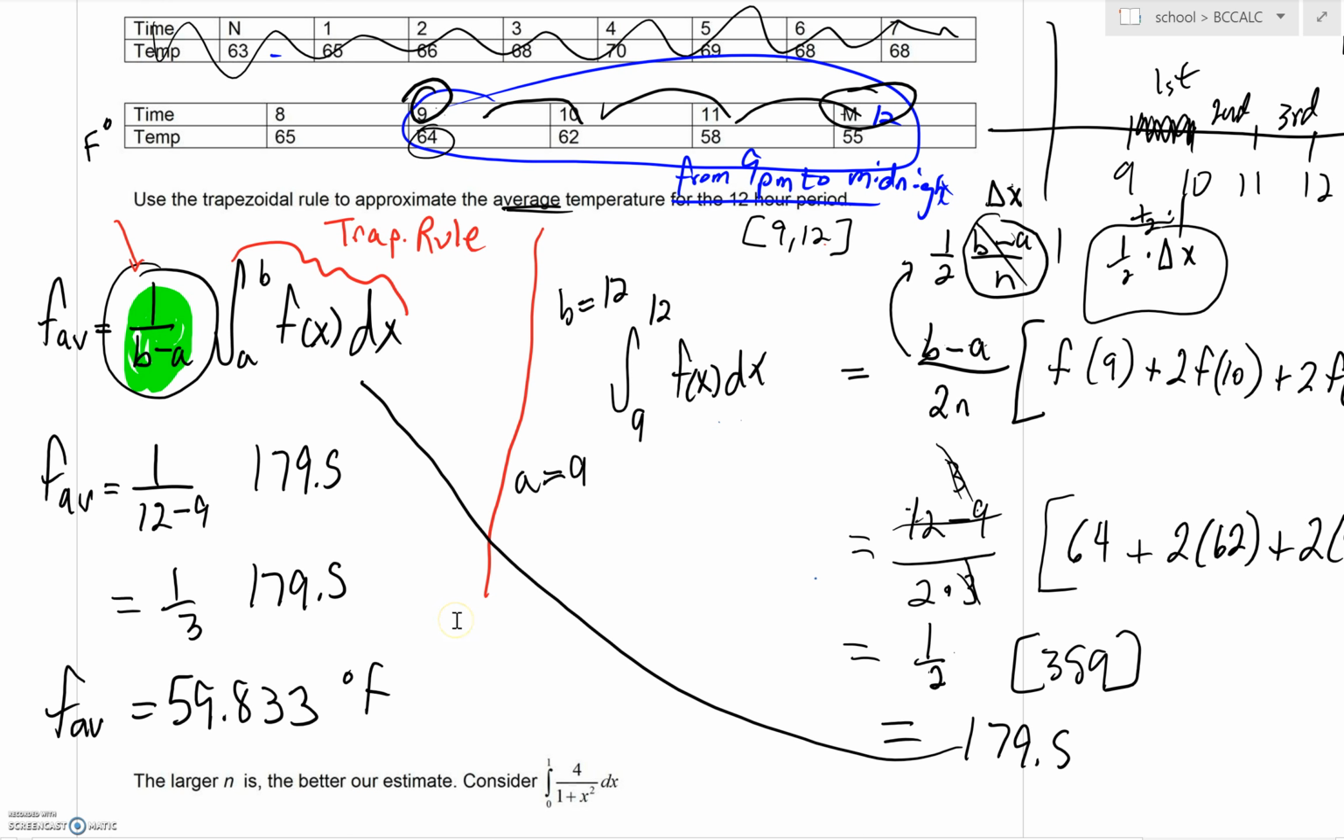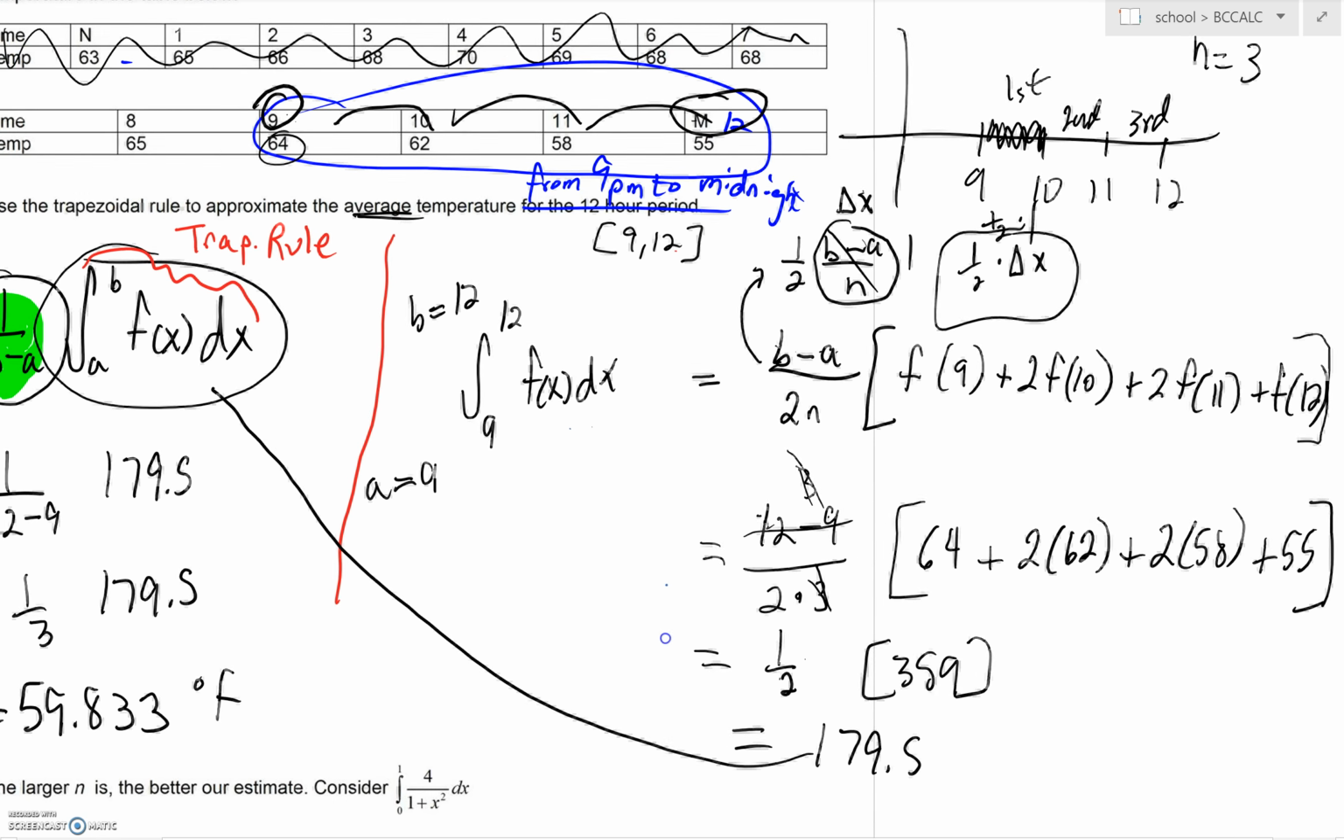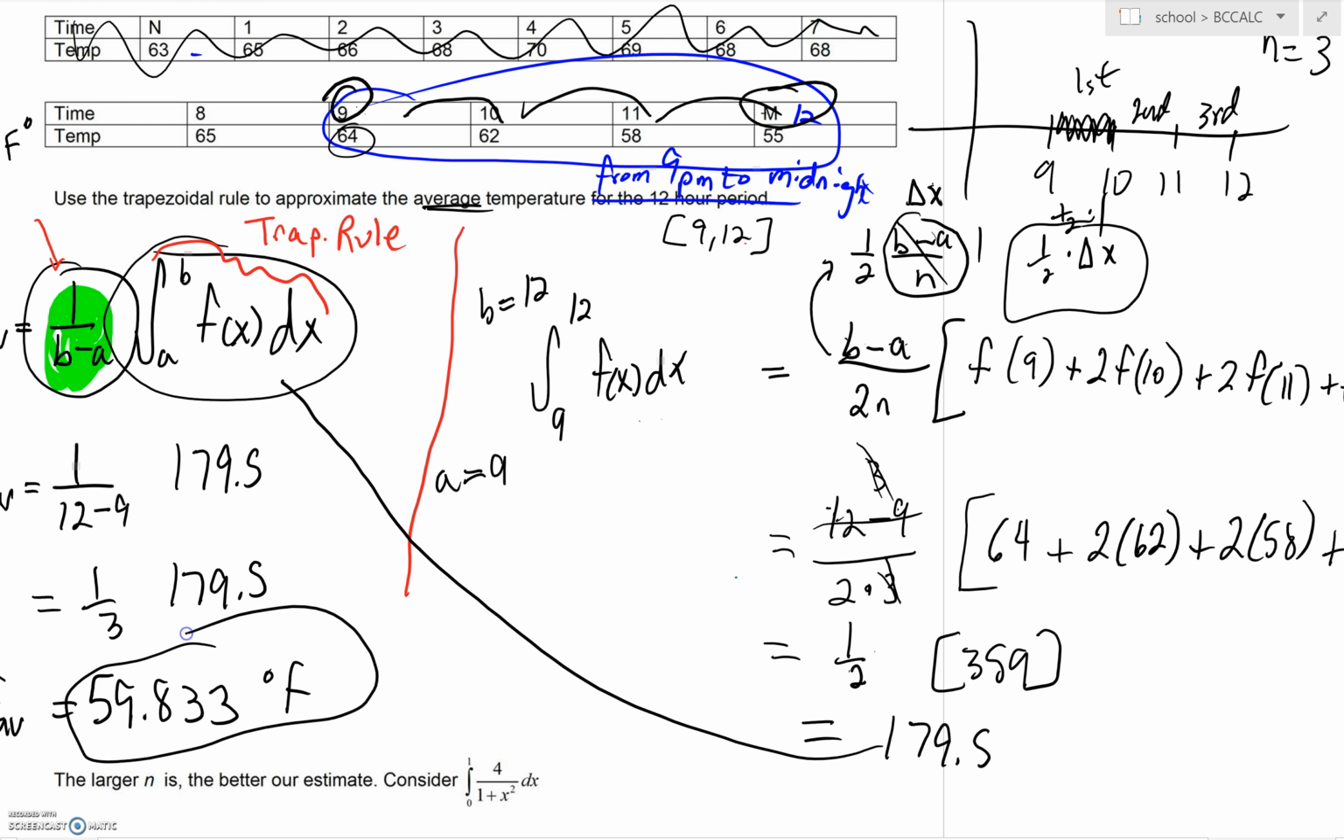So what are we seeing? You could use the trapezoidal rule to estimate the integral. But if you're finding the average value of the function, you need that 1 over b minus a out in front. What else are we seeing? I hope to just remind you one more time that b minus a all over 2n, another way you could write it is just say 1/2 delta